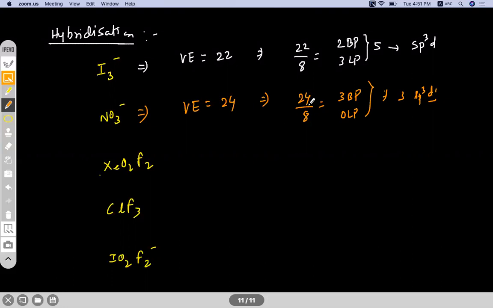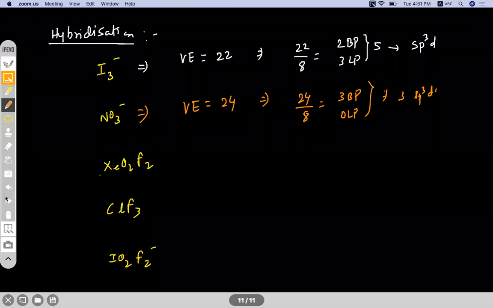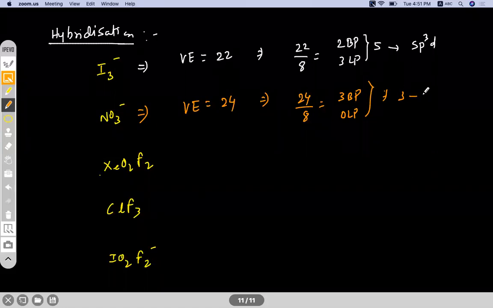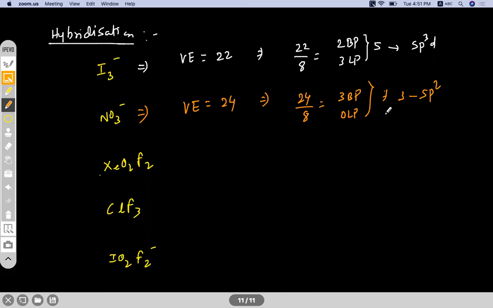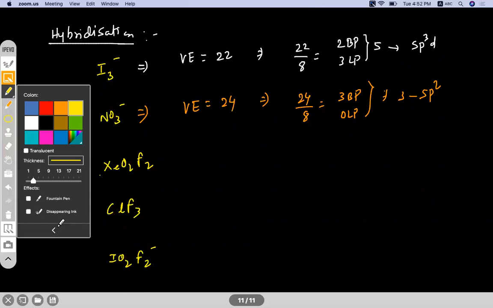Sorry, it is 3, so it is sp2. Geometry is trigonal planar. Yes, geometry is trigonal planar. Next,